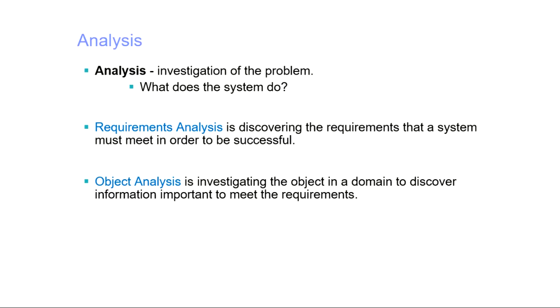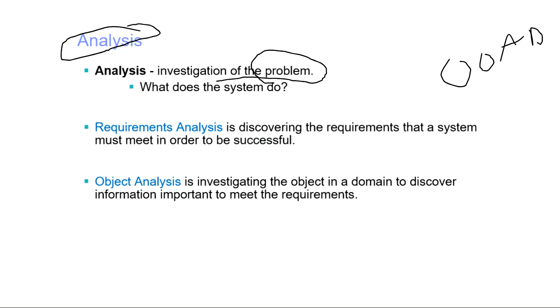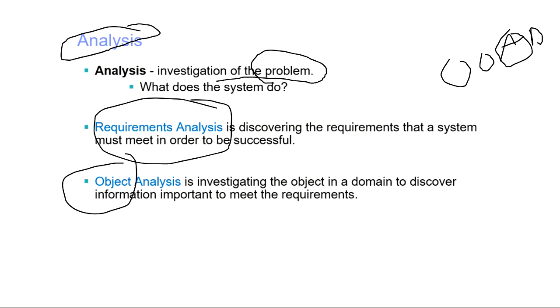So as I've told you, what is analysis? Analysis means investigation of the problem. Just remember this much: analysis means problem and design means solution. So in your subject, object oriented analysis and design, the analysis word means problem. You have to identify the problem. You have to identify the requirements, what your system needs, what your object needs. Every problem that can come in your system, you have to identify that. And design means now finally